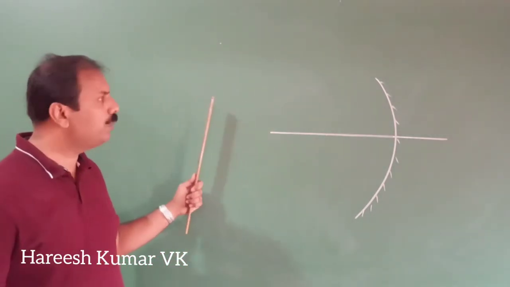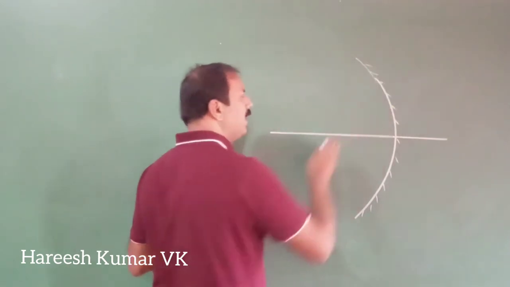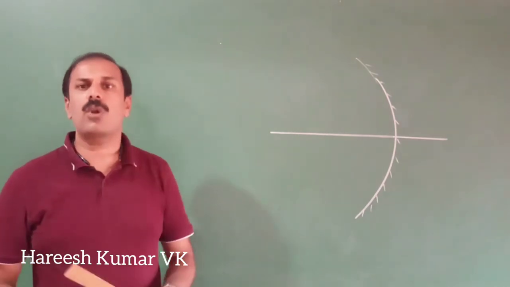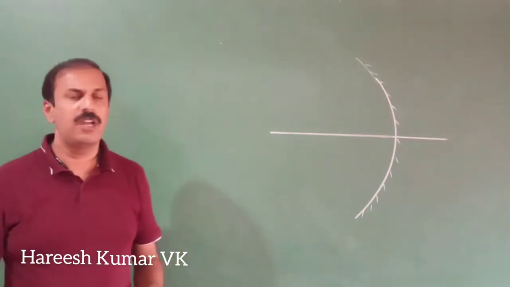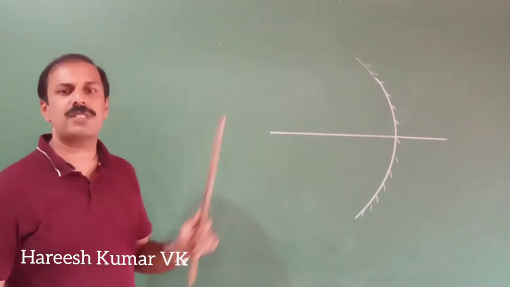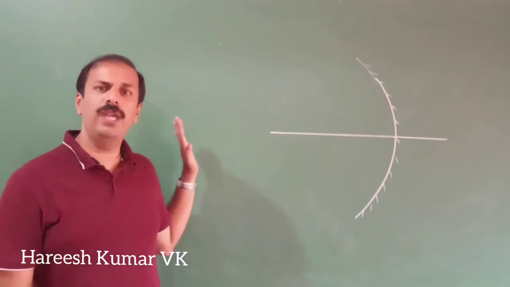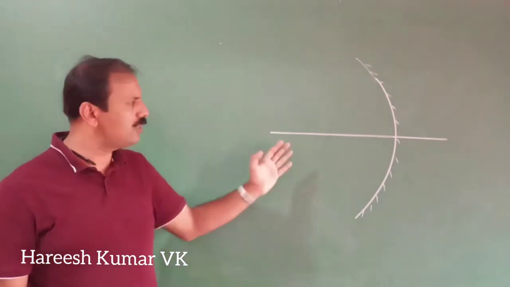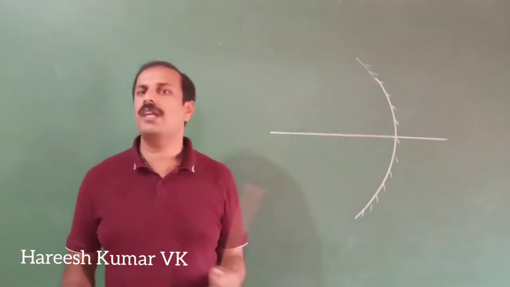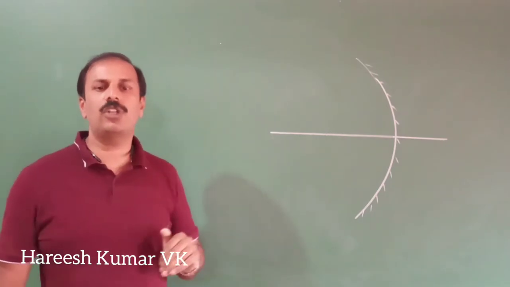The object should always be on the left side, that is, this side. You should not draw the mirror this side and the object that side. That is wrong as per our sign convention. So always take this side; the object should be this side. That is the first convention: always the object should be to the left. Left means in the picture, because when you are facing it, the left of that and your own left, that confusion should not come. That's why this side you have to draw the object.